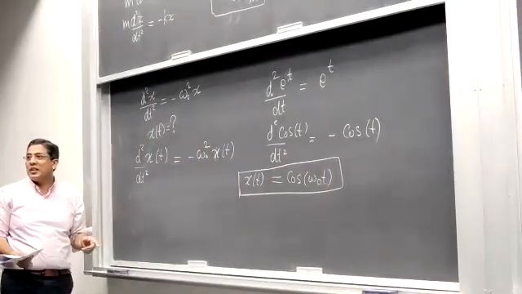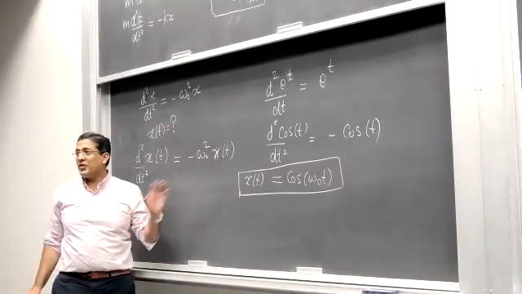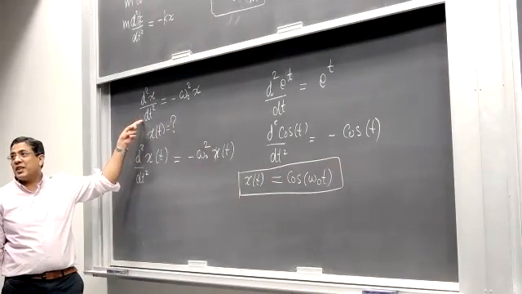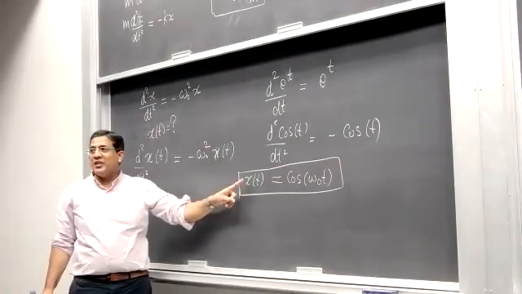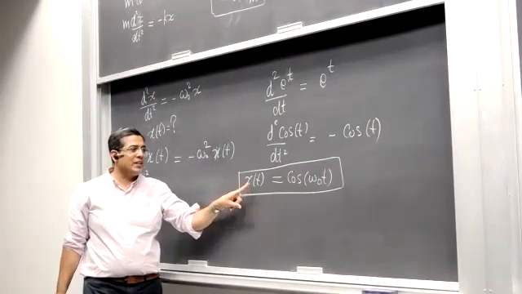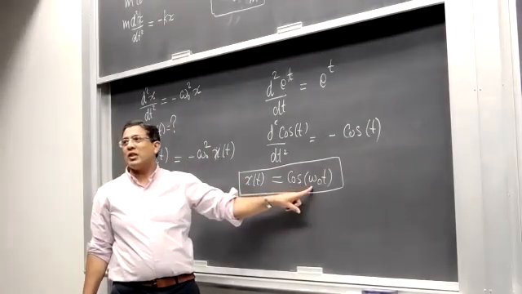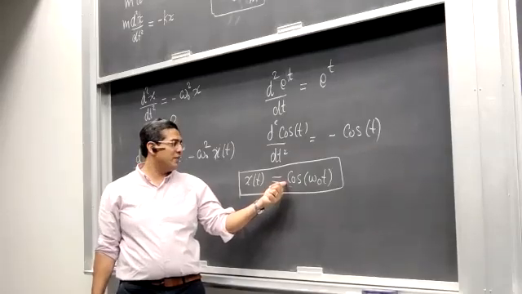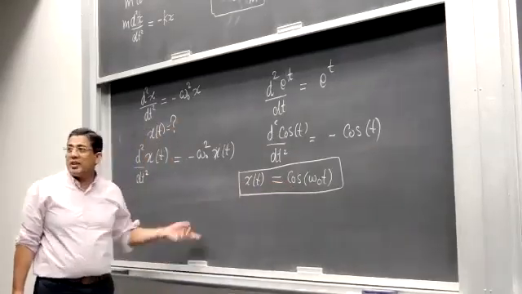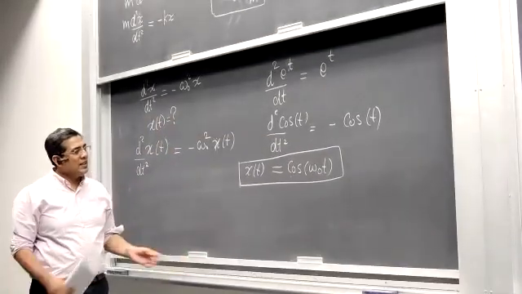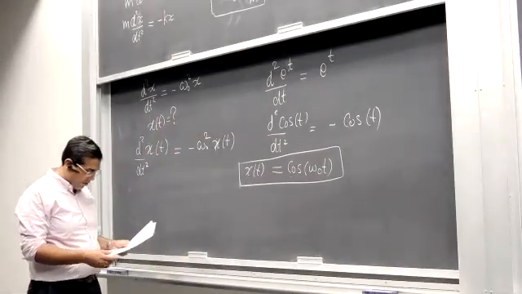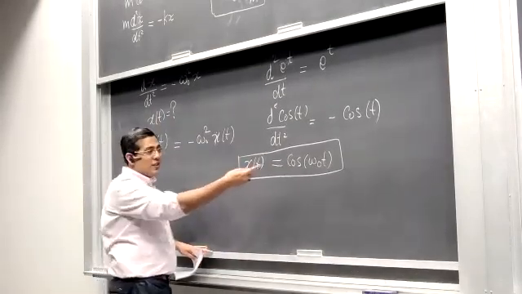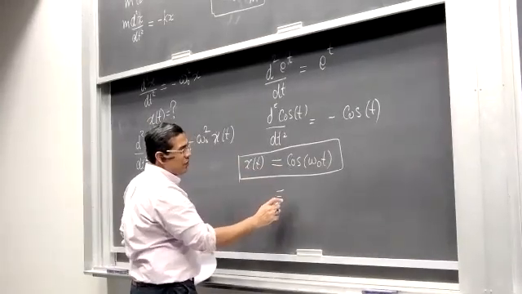Whenever you solve a differential equation using a trick like this, the way to check is to plug it back in and see if it is satisfied. If you take x of t and differentiate it twice, you get minus omega naught squared times cosine omega naught t, the function itself multiplied by minus omega naught squared. So this does satisfy the equation, but it is not the most general solution. Why not? Because we are guessing, and if this solution works, a solution like this would also work.